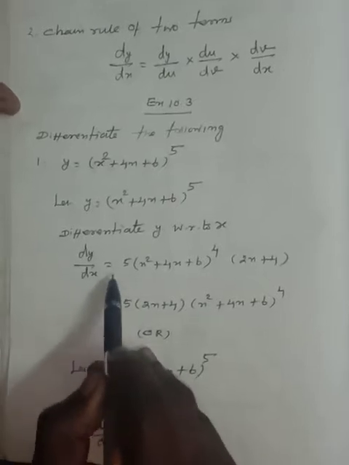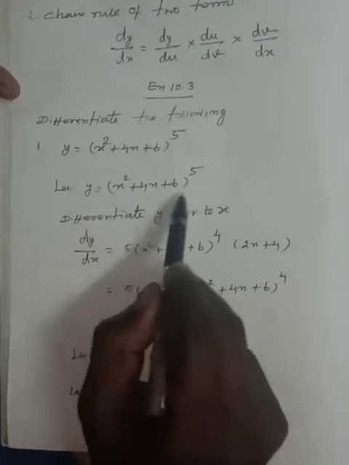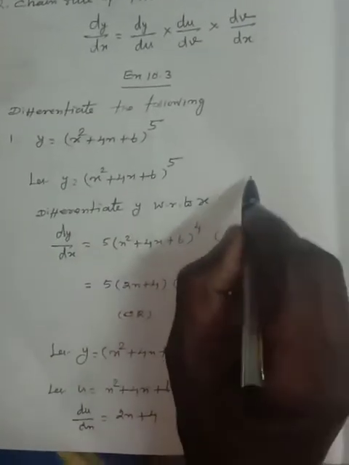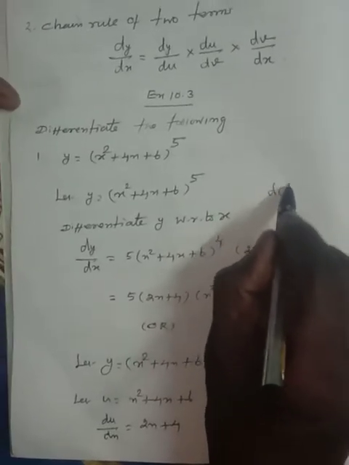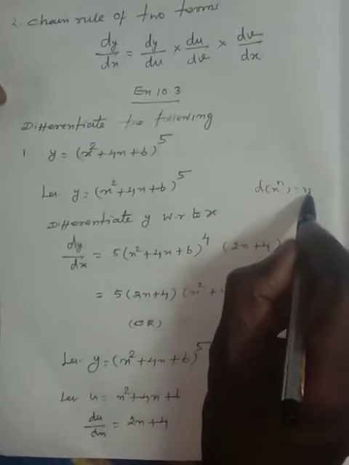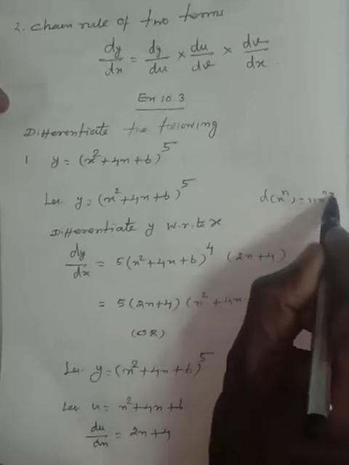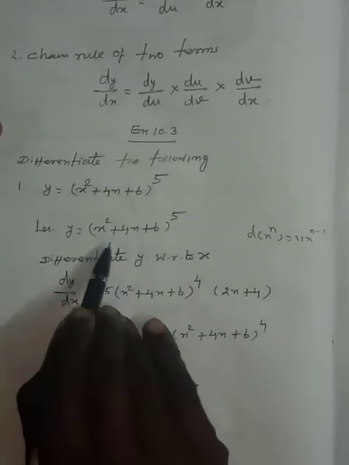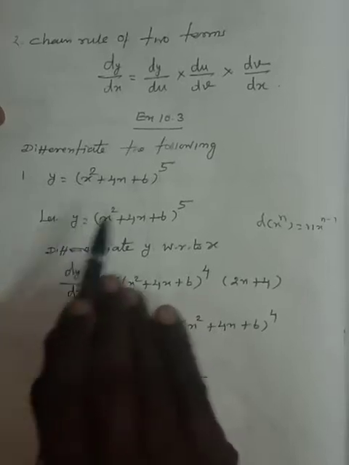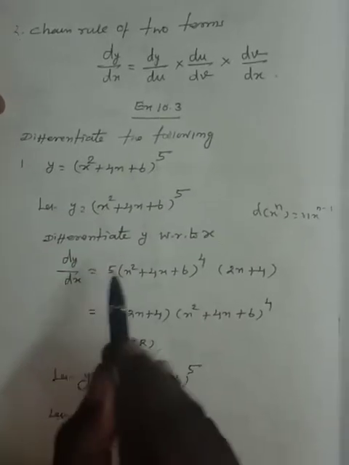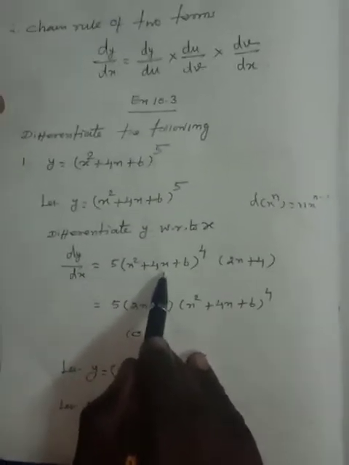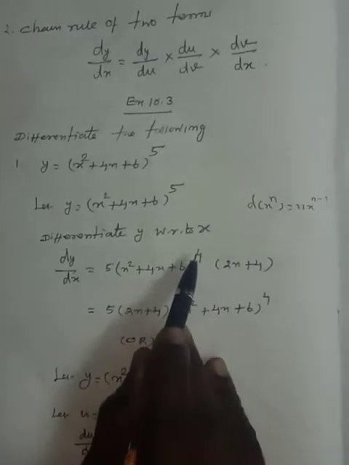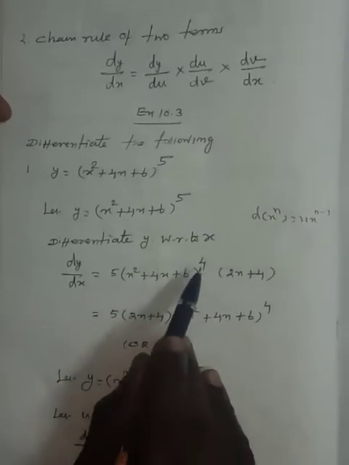dy by dx is equal to, using the formula, differentiation of x power n is n x power n minus 1. Using the formula, let us take x as x square plus 4x plus 6. So x power 5 means 5 x power 5 minus 1. So 5 into (x square plus 4x plus 6) whole to the power of 5 minus 1 is 4, into,